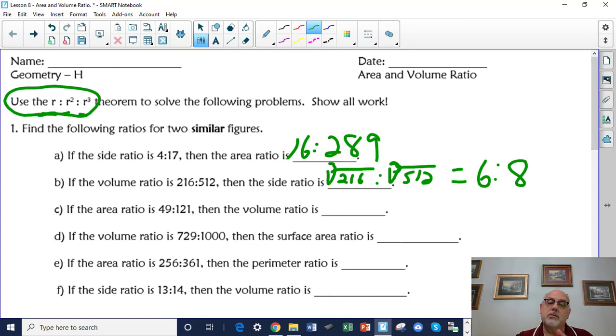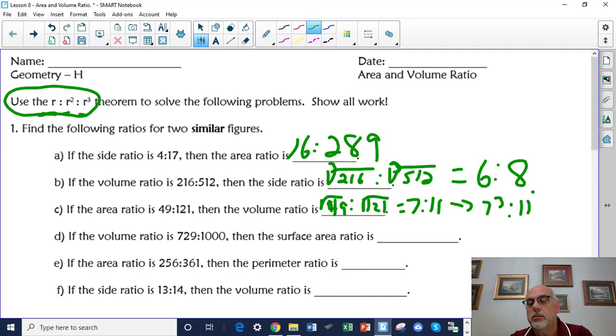So now, if the areas are in a ratio, what's the ratio of the volumes? Well, so to get from area back to your original dimension, you have to take the square root. So you have the square root of 49 and the square root of 121. So 7 to 11 is the ratio of the sides. Now you've got to go, okay, those are the side ratios. Now you have to go 7 cubed to 11 cubed,